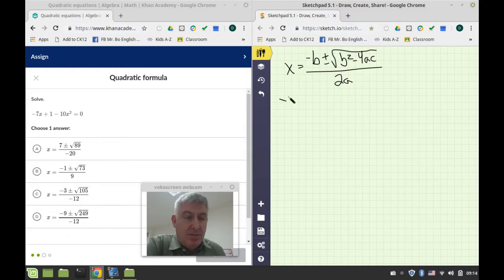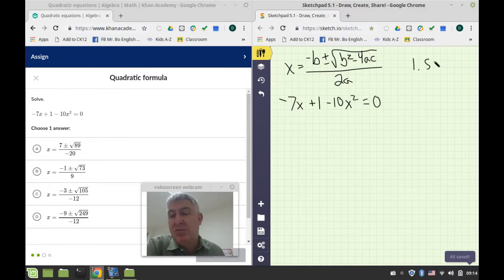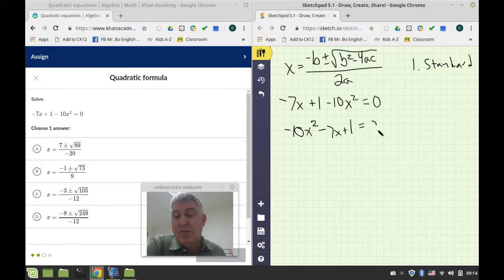Okay, so our problem is -7x plus 1 minus 10x squared is equal to 0. So our step number one is put it in standard form, and this is not in standard form. So we're going to rearrange these. -10x squared minus 7x plus 1 equals 0. All right, and with our second step, do you remember what it is? Identify